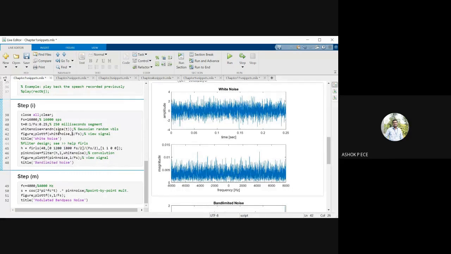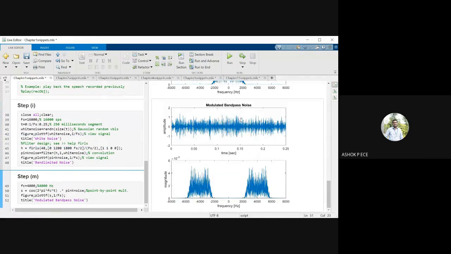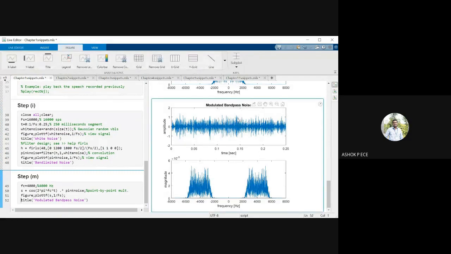So instead of having a random signal, you can even give a sine wave and you can filter and see what is the output. That is also possible. And the last thing, I'm going to modulate this noise. So when I modulate, you know what is modulation? Modulation is done for long